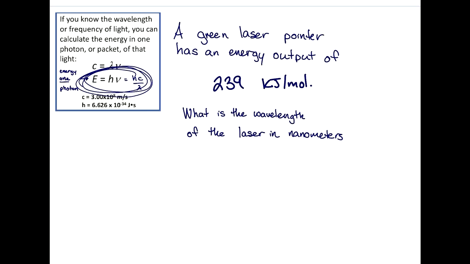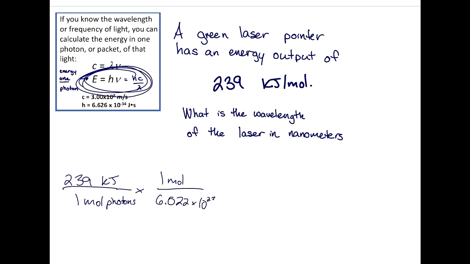So how to do this? There's a couple ways to do this. How do I want to do it? I'm going to start with 239 kilojoules per 1 mole of photons. All right? And recognize, okay, in 1 mole of photons, I have 6.022 times 10 to the 23 individual photons. And then I need to convert kilojoules to joules, so 1,000 joules. And so doing this should give me the energy of 1 single photon, 1 packet of light of this green